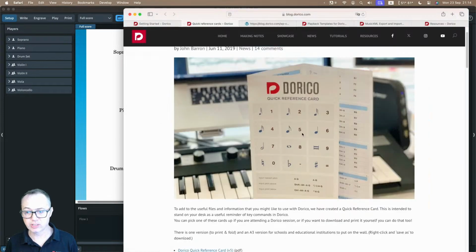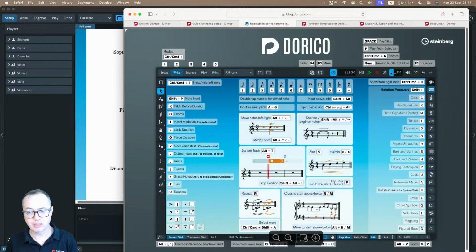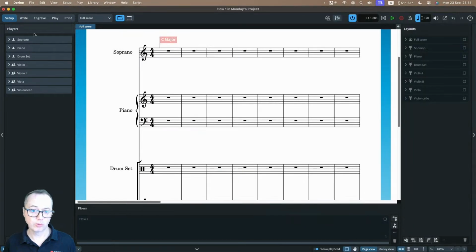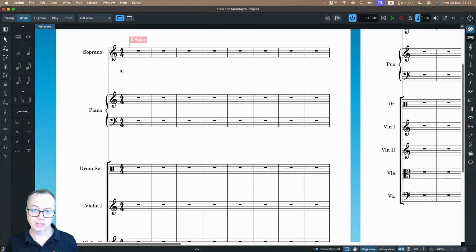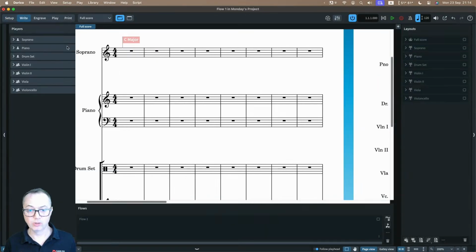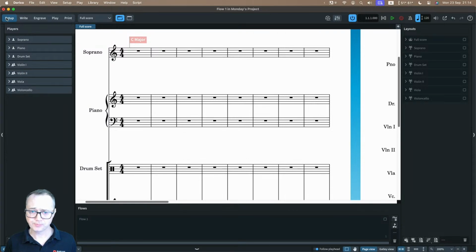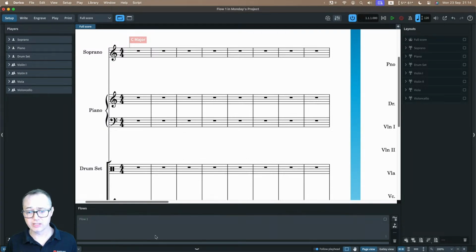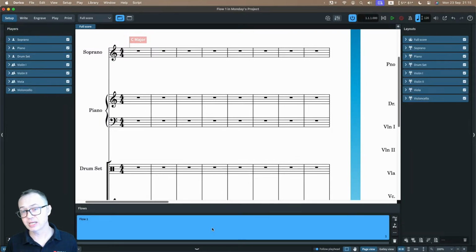So these quick reference cards will have the shortcuts on, and for example this one shows you the screen I'm now working with. So these modes that I have here, setup, write, engrave, play and print, they're all command or control 1, 2, 3, 4, 5. So they're control on PC and they're command on Mac. So when I'm in setup mode here, I can use a shortcut of command 2 because I'm on a Mac to get to write mode, and I can use command 1 to get back to setup mode if I want to. So in setup mode we also have these flows sections at the bottom, which we'll come back to,